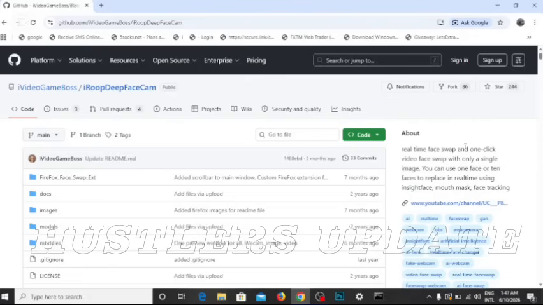It's a real-time face swap and one-click video swap with only a single image. You can use one face or 10 faces to replace in real time, using inswapper, mouth mask, and face tracking. You can also see the YouTube link to the channel where you can go look up more information. So for the installation, I'll just scroll down